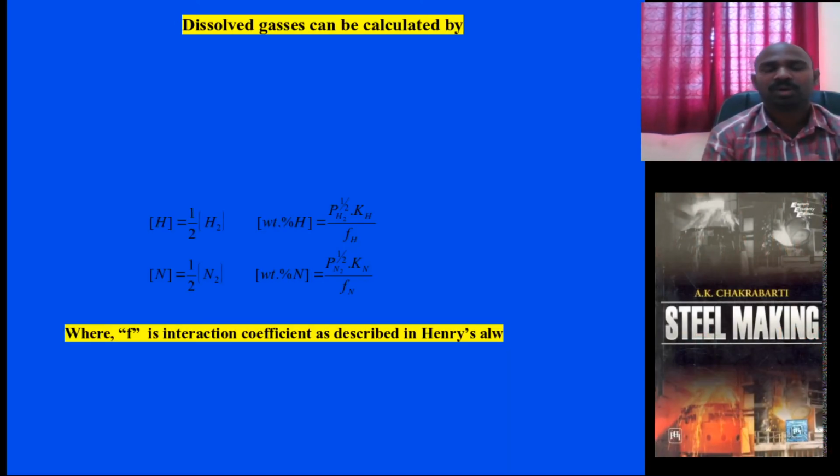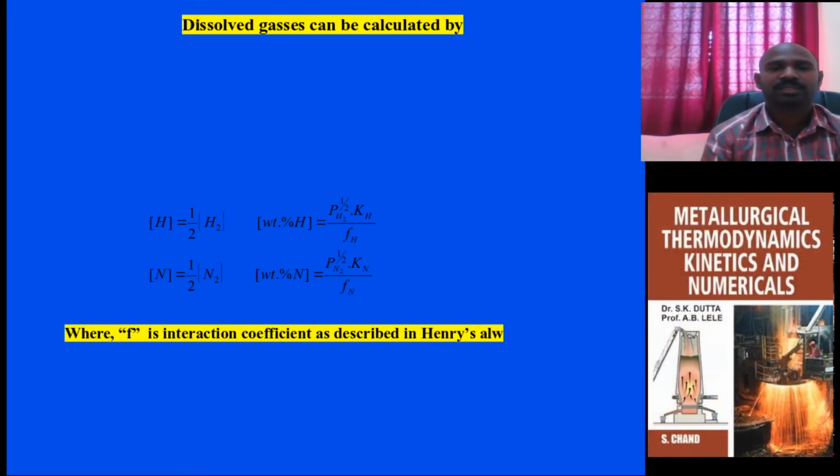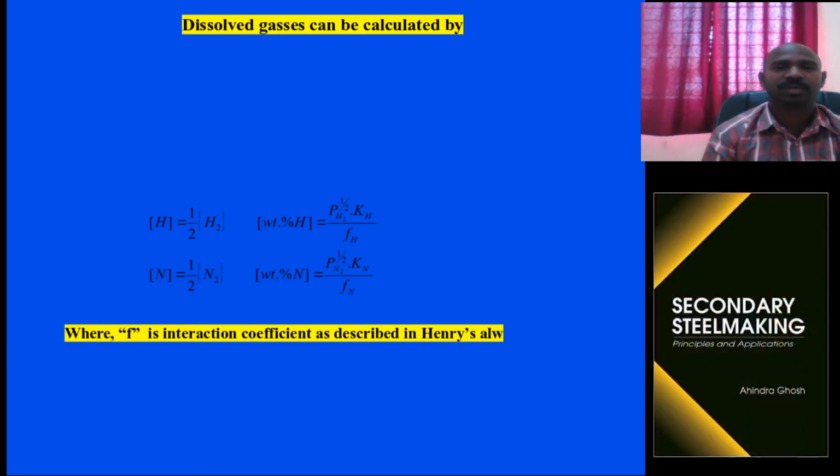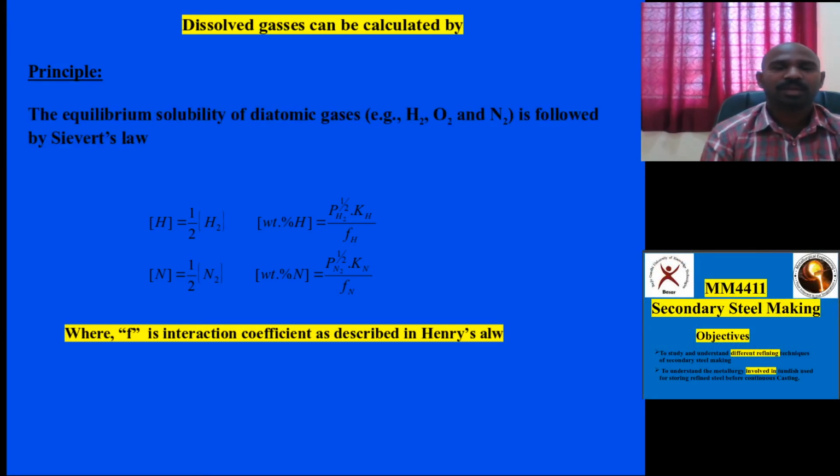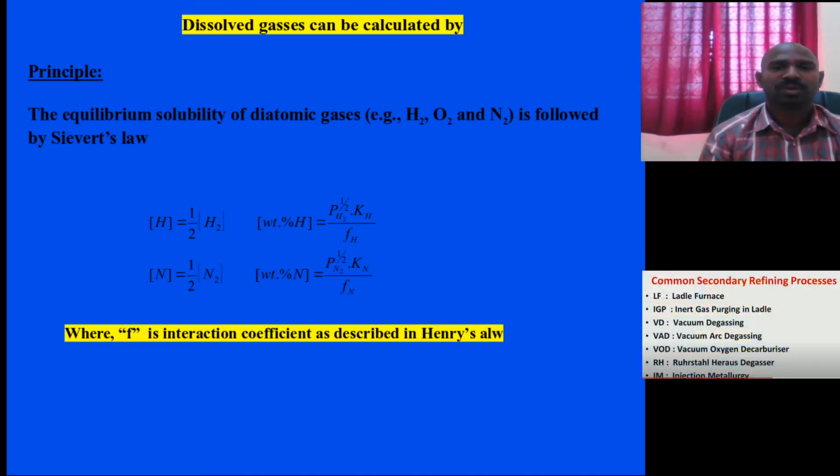And how do you know, for example, how much hydrogen was dissolved in the molten metal before the degassing process? After a secondary steelmaking unit, such as the circulation degassing RH process, was used, how much hydrogen was reduced, how much nitrogen was reduced? Since it is related to gases, how do you calculate? Sievert's law gives an empirical relation of equilibrium, the solubility of diatomic gases, O2, H2, N2, all these are diatomic gases.